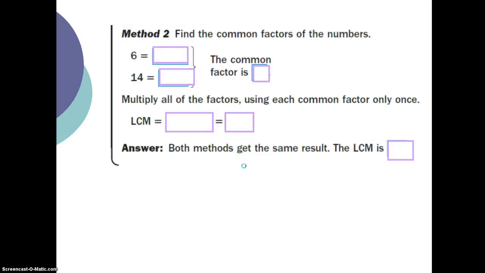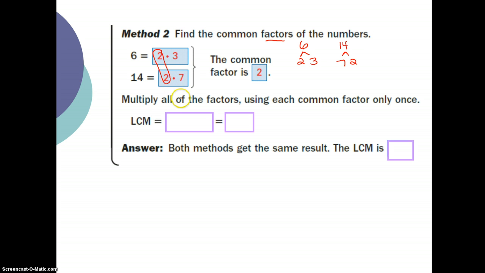The second method is to find the common factors of the numbers. So you have to use the factor tree. When you find factors, make a factor tree. So this is 2 and 3, this is 7 and 2. So we have 2 times 3 and 2 times 7. Well, you can see the common factor is 2,